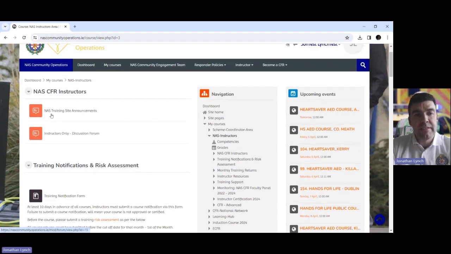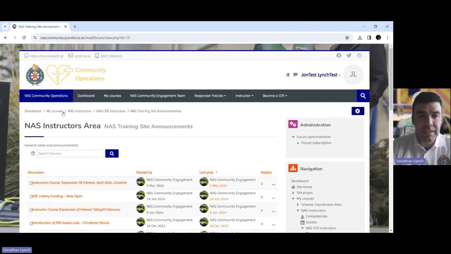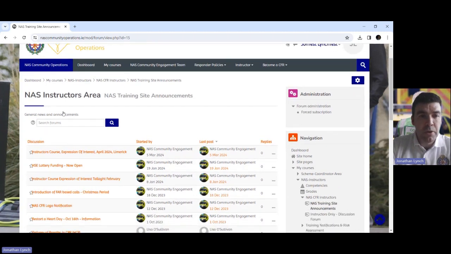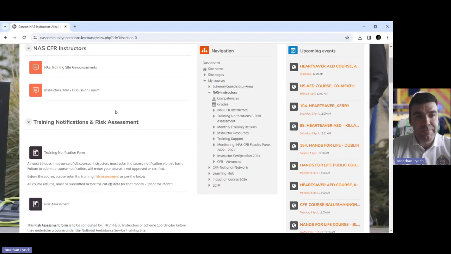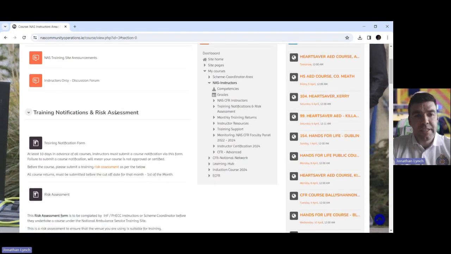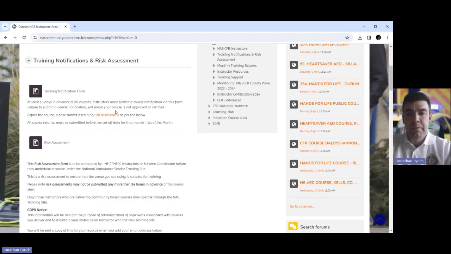The first thing is the NAS training site announcements. Much the same way as the CF4 area, this area is specifically dedicated to posting information relevant to instructors. So instructor course expressions of interest, introduction of Firebase calls, use of our logo, Restart a Heart Day, etc. So a lot of the information relevant to instructors and instructor training standards is available in this area. As you go further down, we have two forms that we ask people to complete as part of